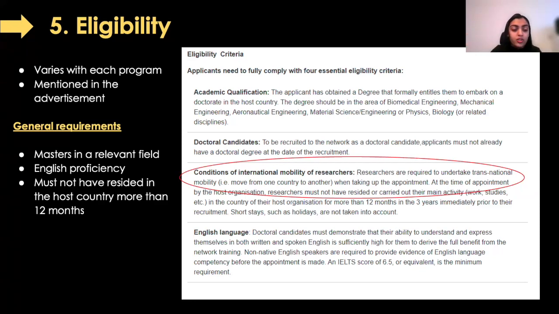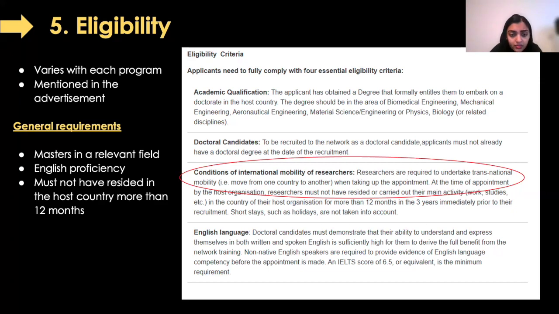For most of the Marie Curie funding, this mobility is mandatory. So sometimes you might have to go for 6 months to Germany to work. You should agree to it, and you should also see if you are able to do it. And of course, this mobility is funded by the MSCA, so you don't have to travel with your own money; they provide you money to travel and undergo the mobility.